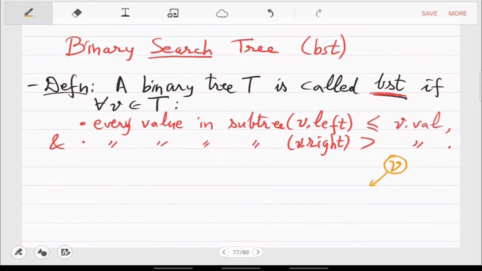Yeah, it can be done, but I think it creates some problems in some applications because the keys may not be distinct sometimes. So this part has to be less than equal to, this part has to be greater than. So when you have this happening for every node, then we call it a BST. Question?